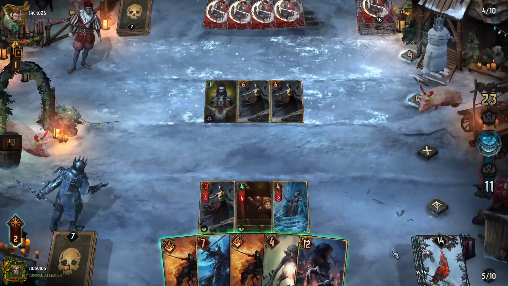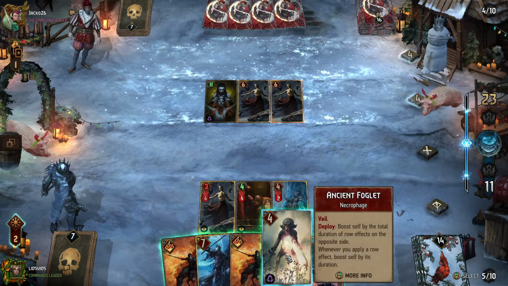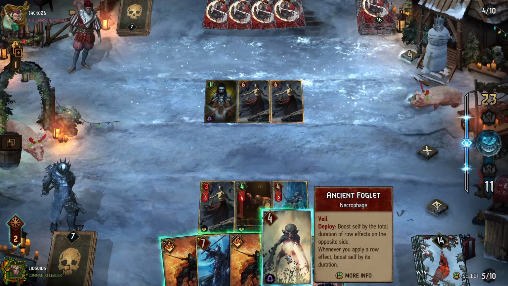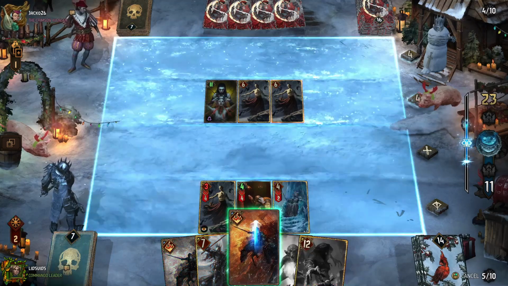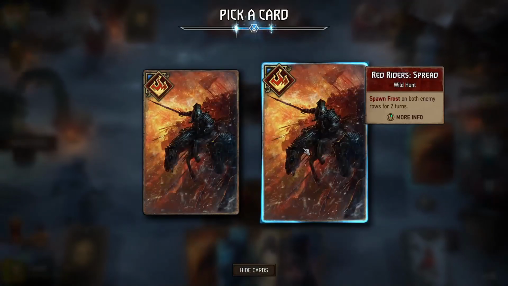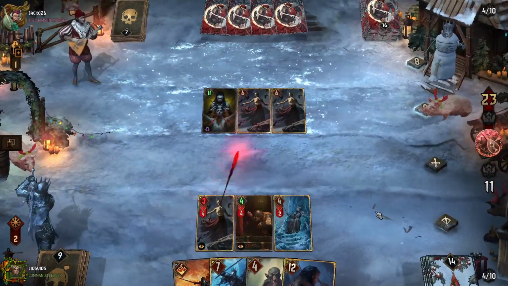But as I was saying, they do not have Devotion, so their Unseen Elders are considerably weaker. And the Ancient Foglet would be our best source of points, but I'm trying to save this because we already played and lost one of them already. So let's go Red Riders here and create frost on both rows, both times,